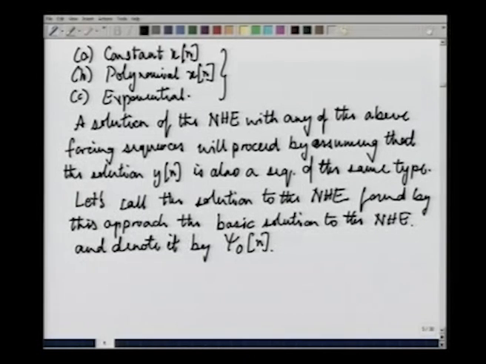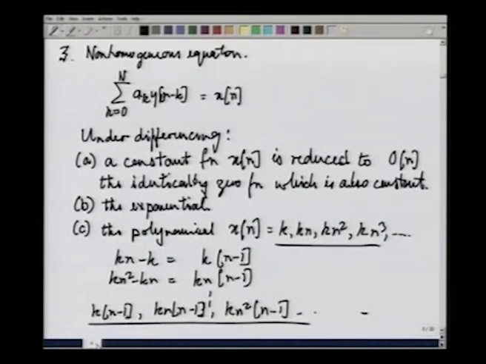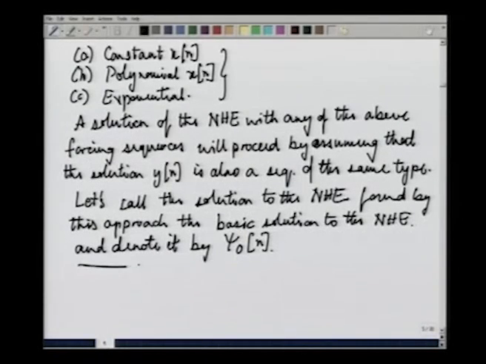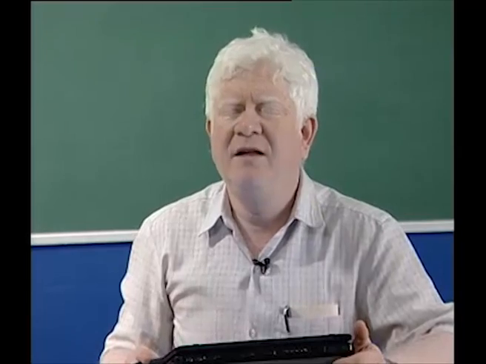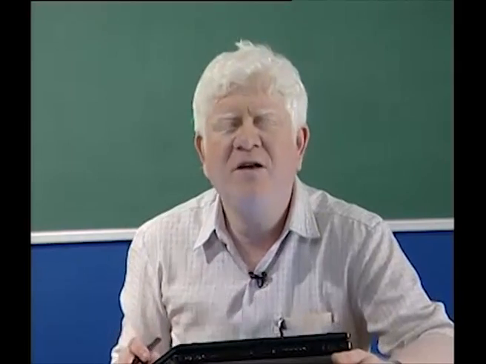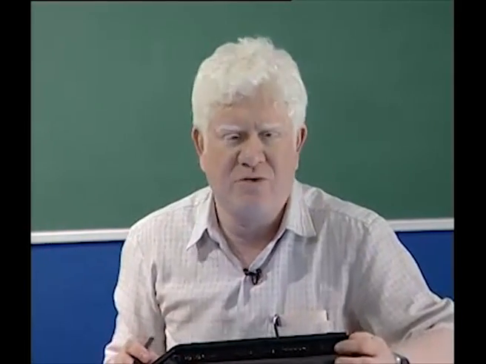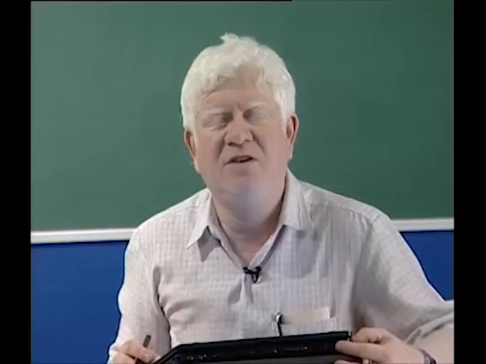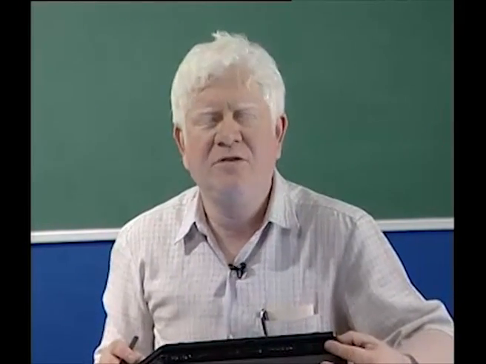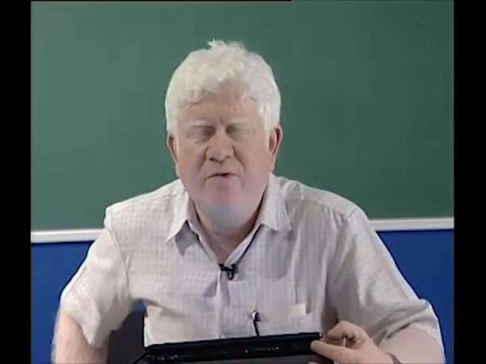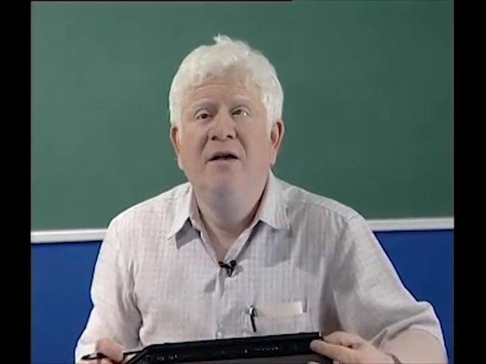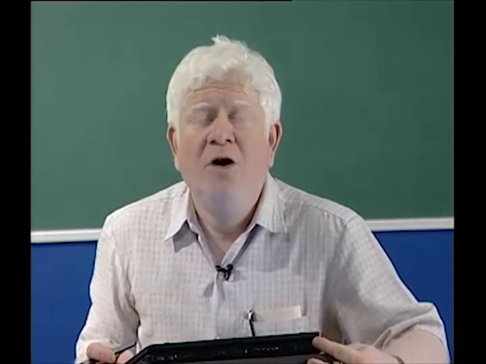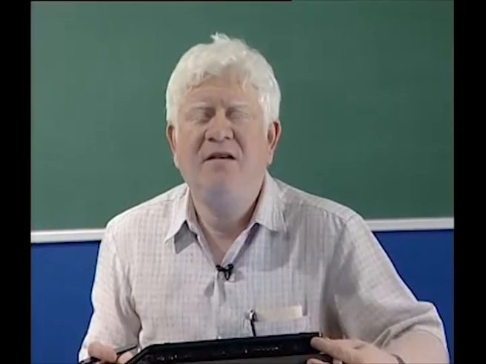Right. Now, let us just go and check what point we are at. This was point 3, solving this non-homogeneous equation was point 3, and this is the end of point 3. Now that we have the basic solution to the non-homogeneous equation, let us just add a footnote. What do we mean by the basic solution of the non-homogeneous equation? How is it different from what we have also sometimes called the complete solution? The basic solution to the non-homogeneous equation is just the complete solution in which all the arbitrary constants to be inserted into the homogeneous solution have been set at 0.